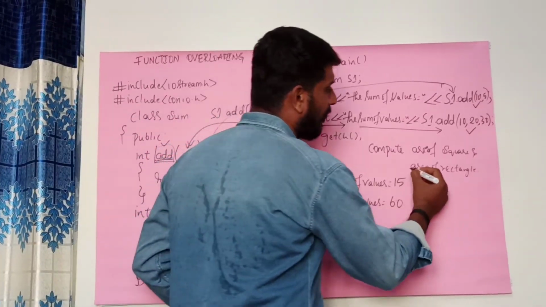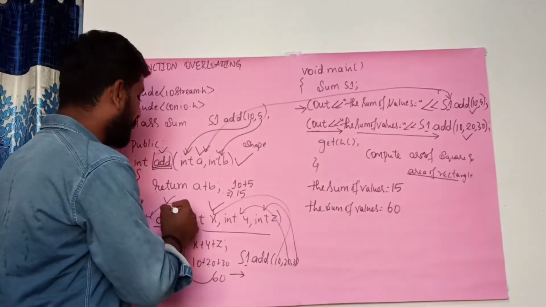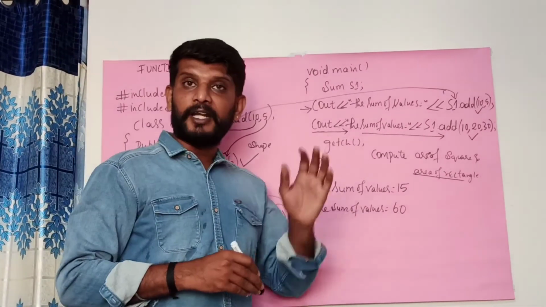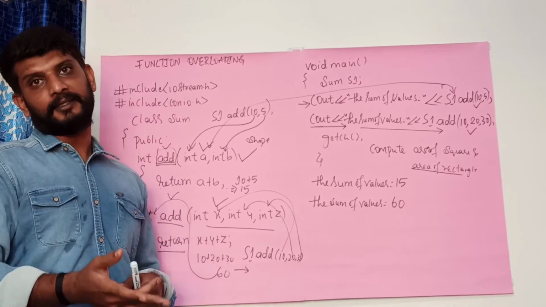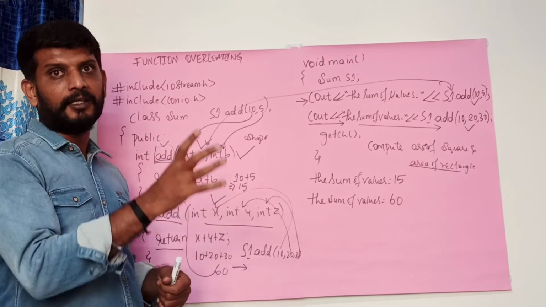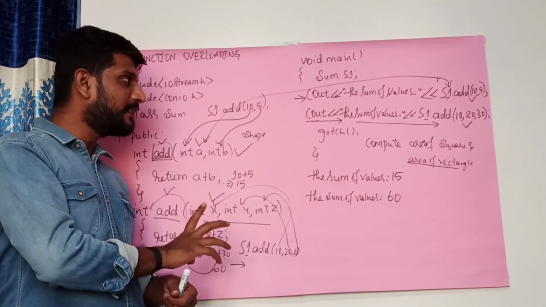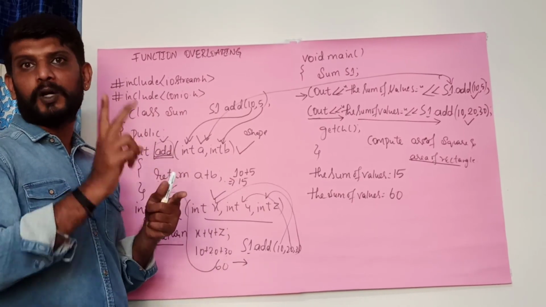In the second one, again you are creating the function with the same name, that is area, but to calculate the area of rectangle you require 2 arguments, that is length and breadth. Now you have to write two different functions with the same name, area, but the first function takes only one argument and the second function takes two arguments.